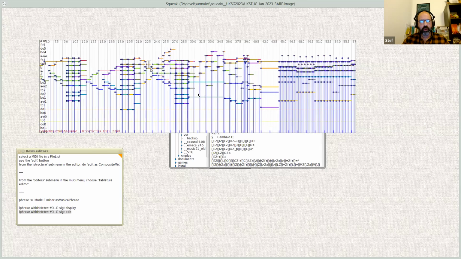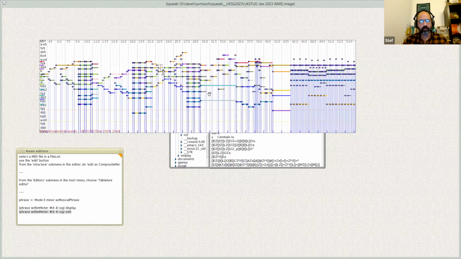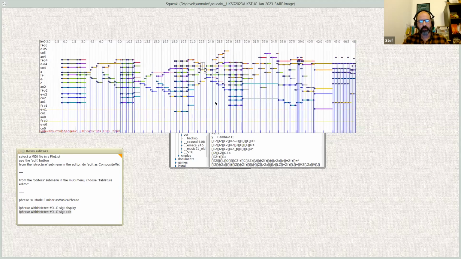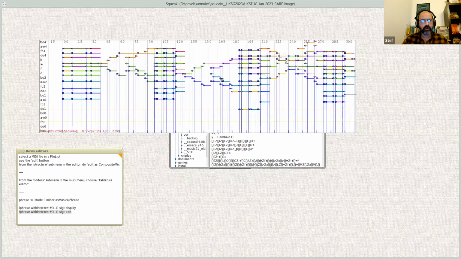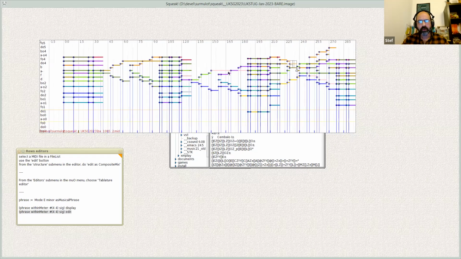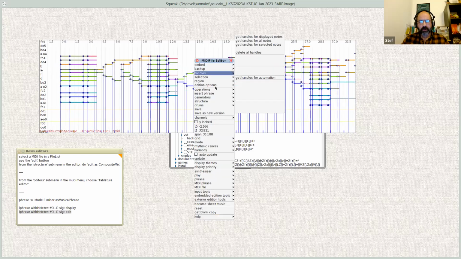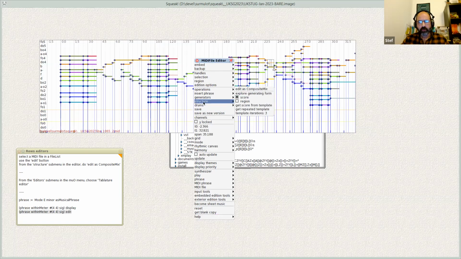I wanted to show how you can, from a tool like this one, which is a musical phrase editor, get another tool which gives you another point of view on the structure of what we have here. So this has been built from MIDI. The different colors correspond to different MIDI channels. And because this information is structured, I can edit